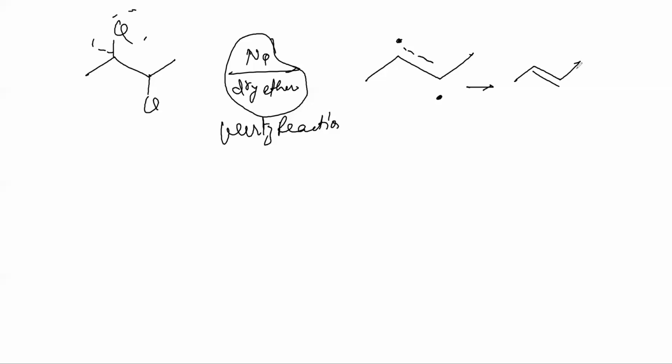Which is the best reaction for producing alkene? If you talk about yield, dehalogenation of vicinal dihalide is very good, when both halogens are removed. And if you talk about a normal method, I will suggest you go with the direct E2 mechanism. E2 mechanism is also good, you won't get so many products, but those reactions will require higher temperature.